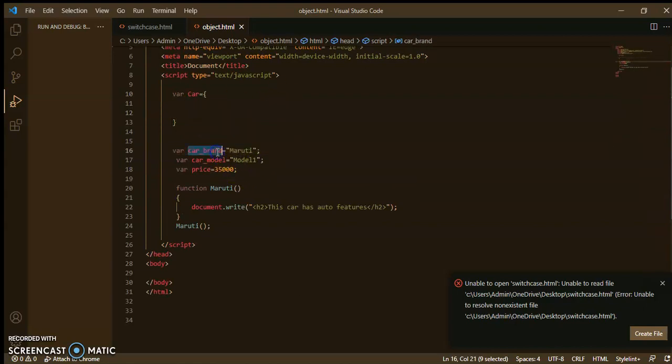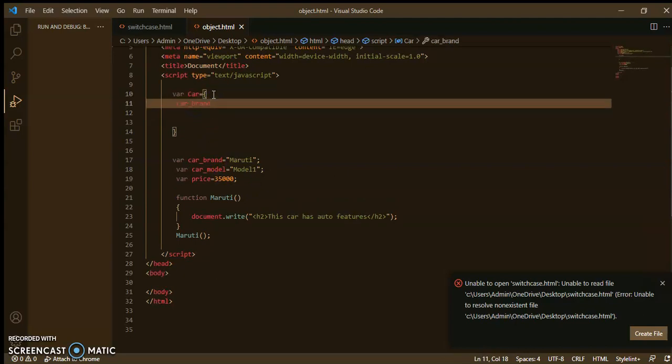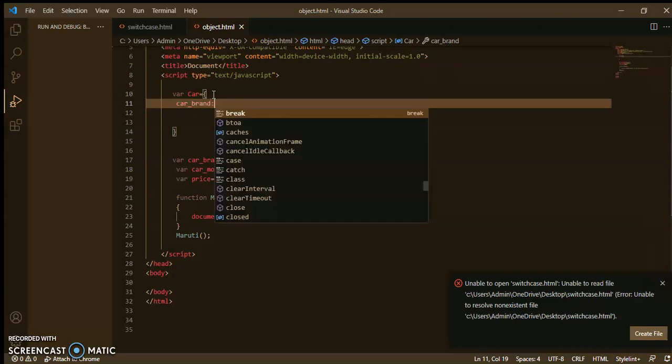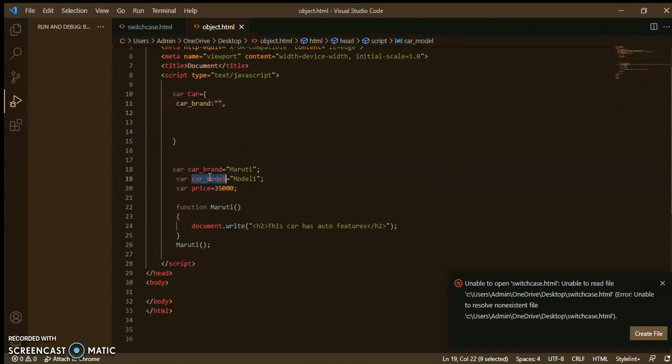Now you will use these variable names, car brand colon, now the name of that car, comma, then you will use car model.